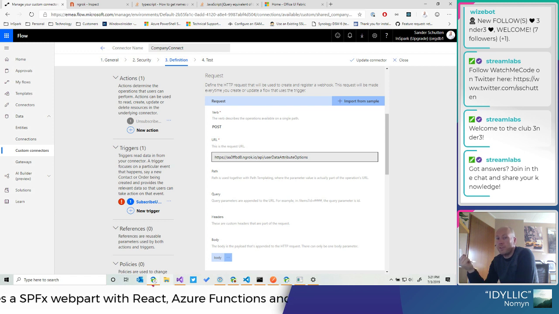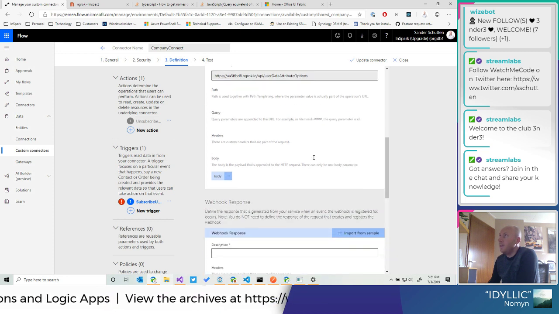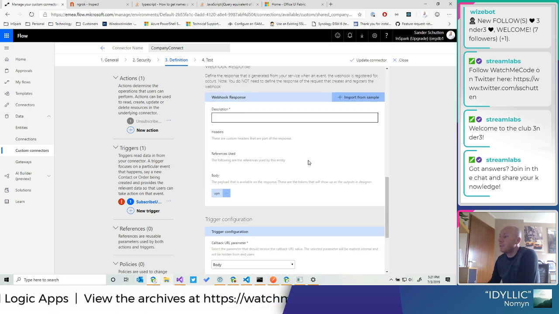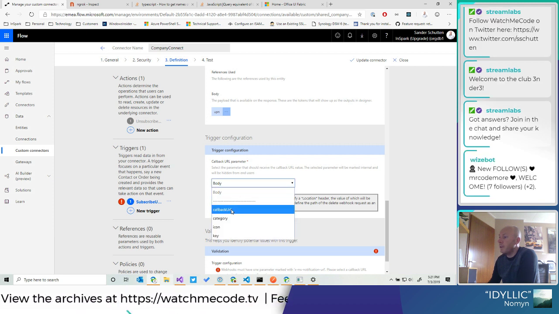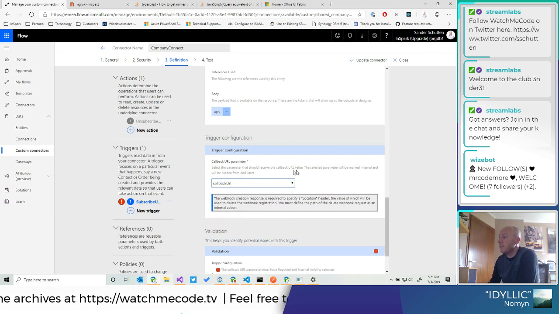In the webhook registration response, it will get back a URL that is the URL where we have the callback URL. Oh, it will automatically be marked internal. I did this manually. Select the parameter that should receive the callback URL value.